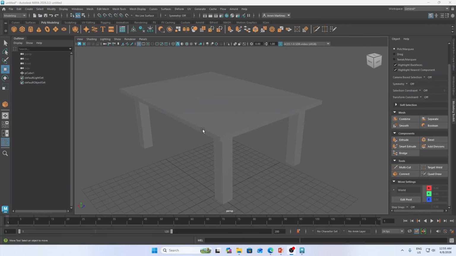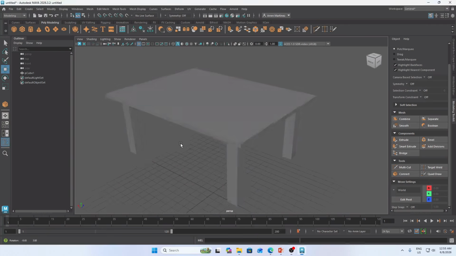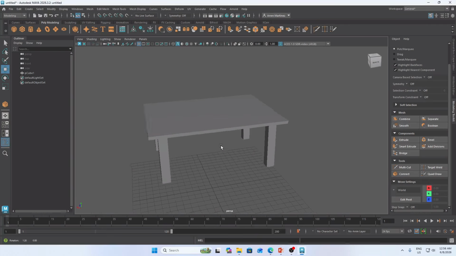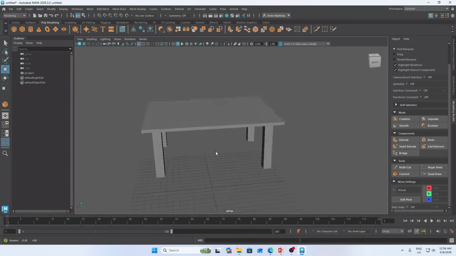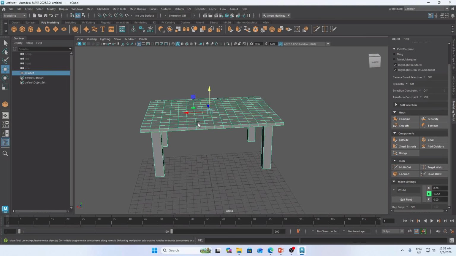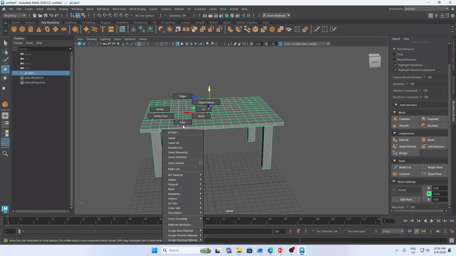Okay, so now, how can we change its base color? Because you see, it is gray. So here's the thing. First step is just click the actual object, hold right click, go down, look for the assign new material, and then find the new material.